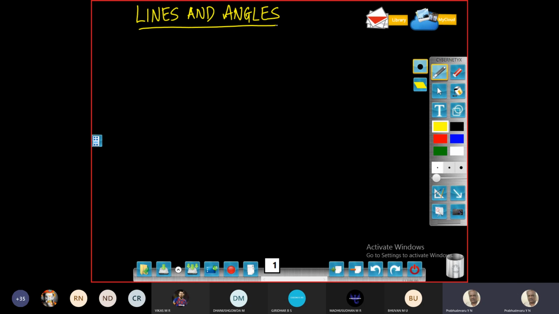Okay, suppose you want to make a hut or otherwise a building model. There you have to make the surfaces and attach them at a particular angle. So there also we use the concept of angles and parallel lines. Sometimes you have to arrange the sticks when making the hut. You need to arrange the sticks parallel to each other. That means you should have the knowledge of parallel lines also.